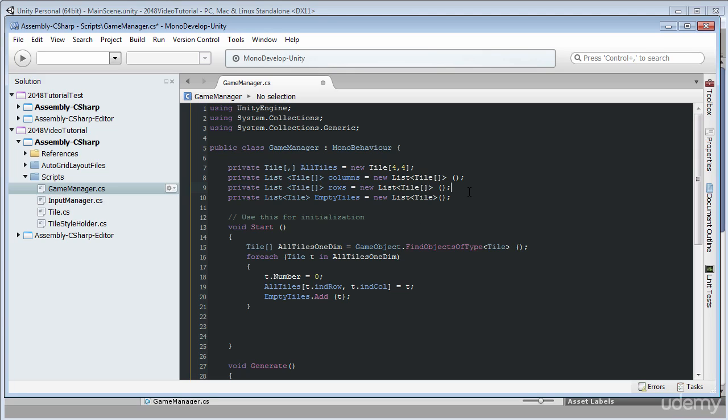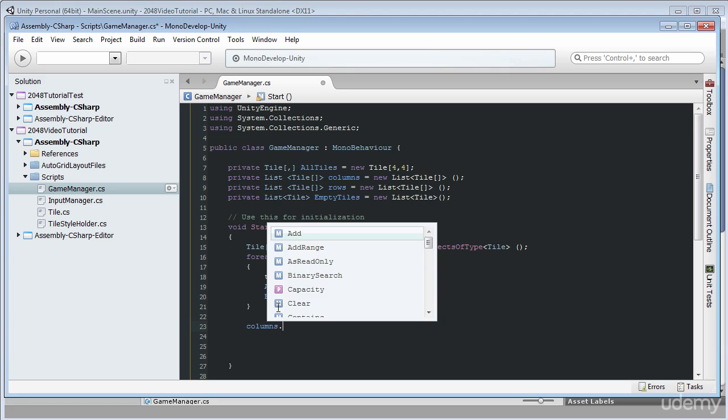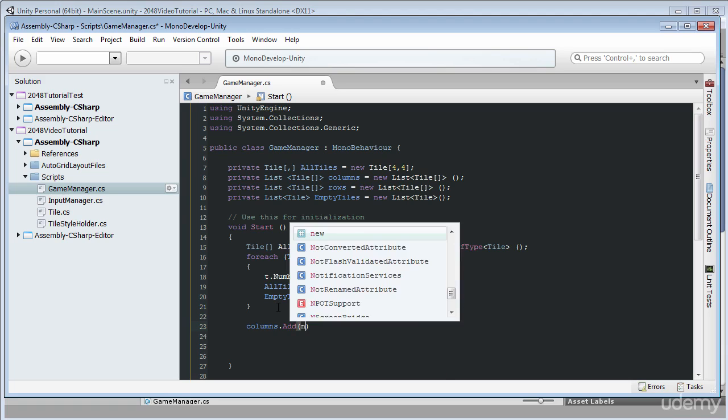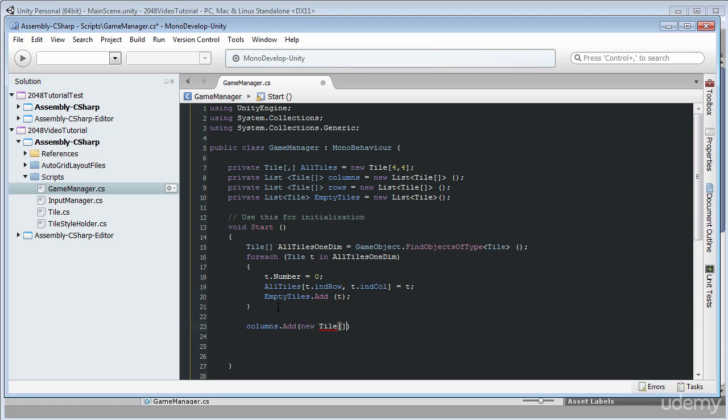There might be a clever way of populating these arrays, but I chose to select a not so clever way because our field is not that huge. So I can just manually populate these arrays. For example, for columns arrays I will write columns.add because this is the way that we interact with our lists. And here I will create a new tile array. Right in the moment of creation we can assign all the elements to our array. To do this I have to open and close these brackets, and here I can write all tiles,